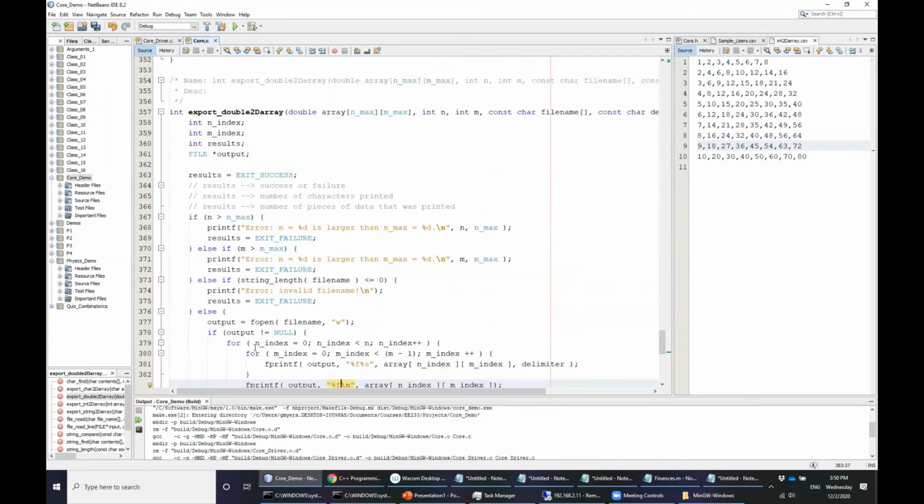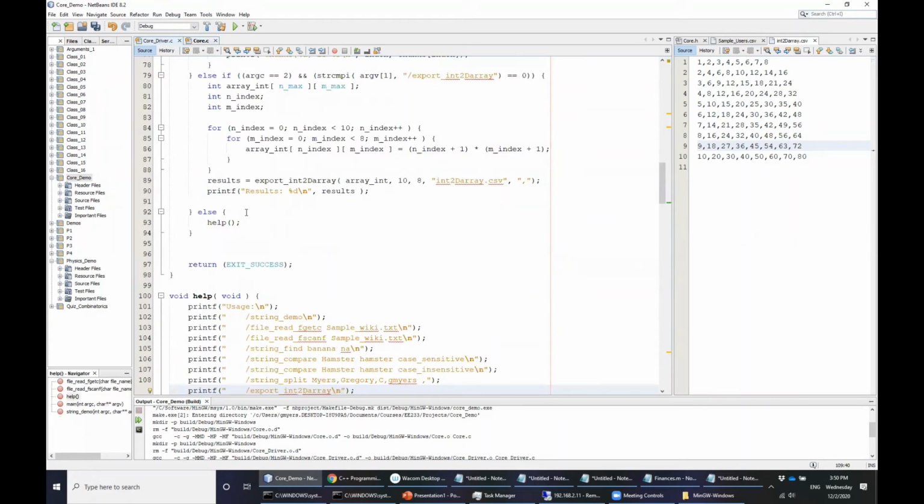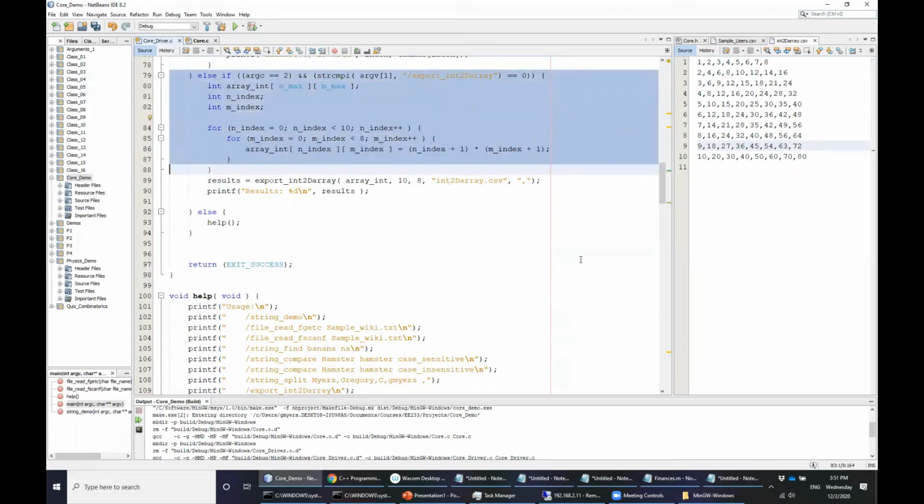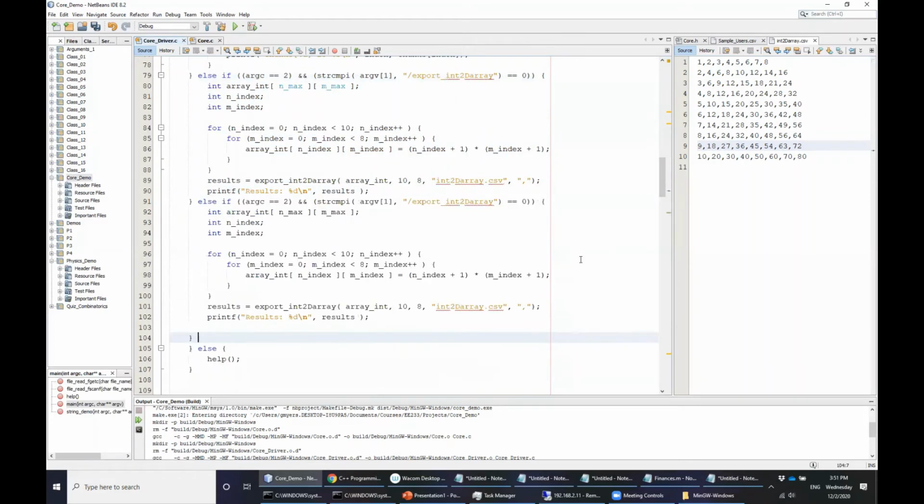And then we want to figure out a way now for us to be able to test this. And so to do this, we want to go back up here to our main over in our core driver.c. And once again, we've got to make some changes. Namely, instead of an array of integers, we want to have an array now of doubles. So what I'm actually going to do is borrow this code, meaning I'm going to make a complete copy of it here. And I'm just going to make some changes here. So we're going to start off, we're going to change our int to a double